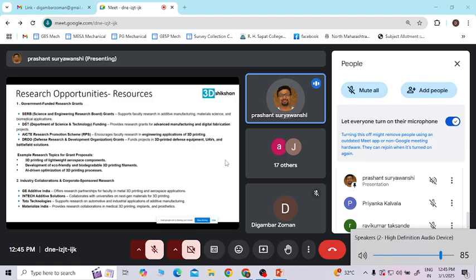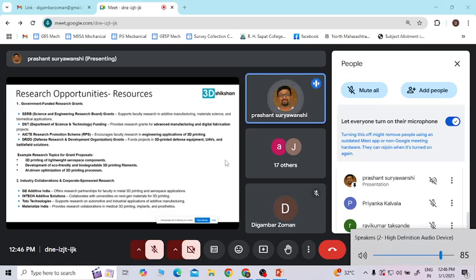There are other things. We are running short of time, but I will quickly check this. These are the resources now. Whatever areas we have seen so far, now come the resources, like applications. So, Science and Engineering Research Board grants, the SERB grants, for biomedical applications. Okay, I will quickly cover this. The Department of Science and Technology, as I already mentioned. These are the funding opportunities for advanced manufacturing and digital fabrication projects.